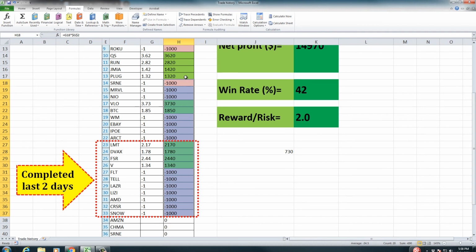In this streak of 12 trades, only 6 trades were winners and 14 trades were losers. So if you're risking 1 or 2% per trade, that's a lot of money. That's a lot of loss. I personally cannot tolerate that. So never risk more than 1%. I would say 1% is the max. And